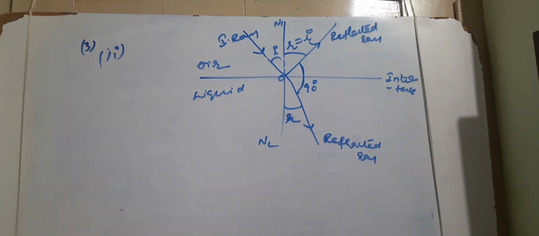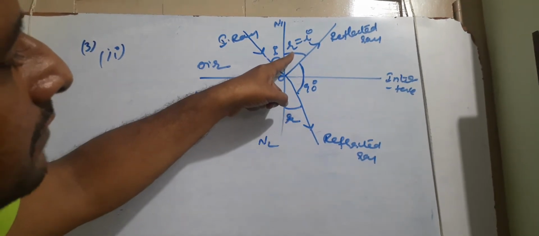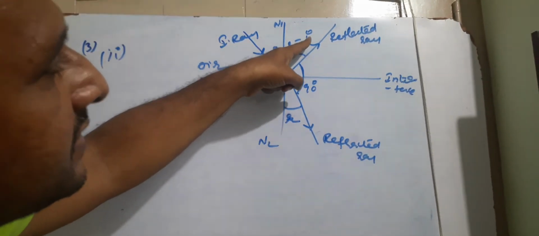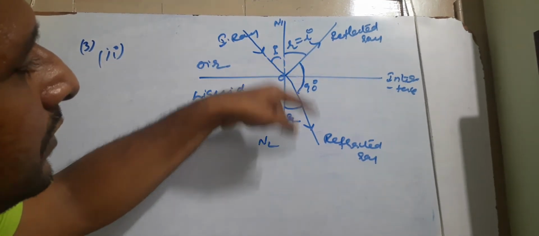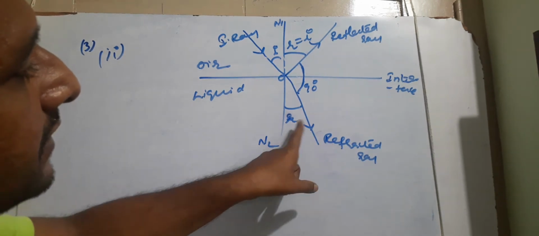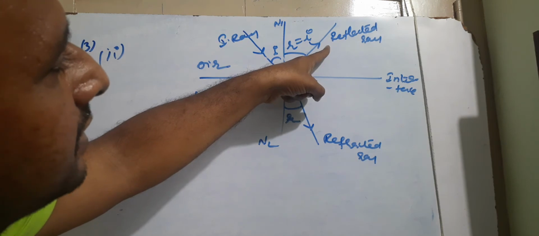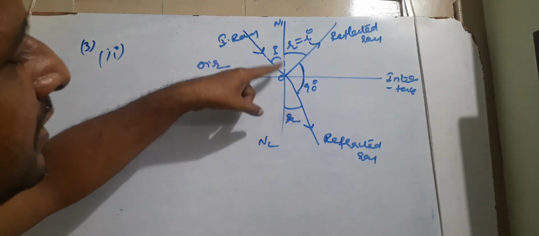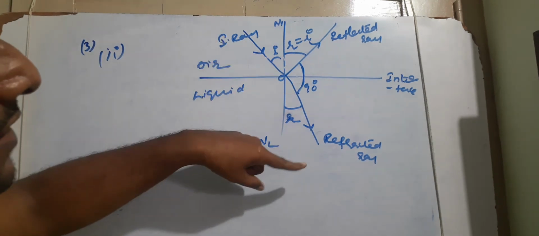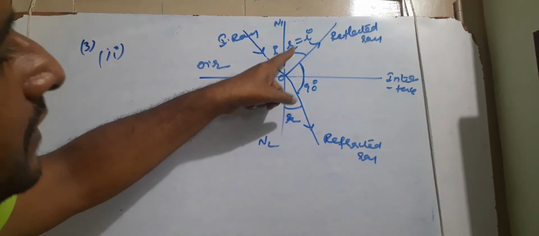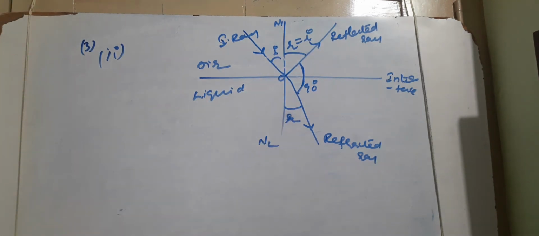That is why here for the angle of refraction we take R, but for the angle of reflection we are not taking R, because it is taken as I, since the angle of reflection equals the angle of incidence. If we take both as R, we get confused, because one is the angle of refraction and the other is the angle of reflection. So which one is reflection and which one is refraction? That is why in the case of reflection we take I, and in the case of refraction we take R.